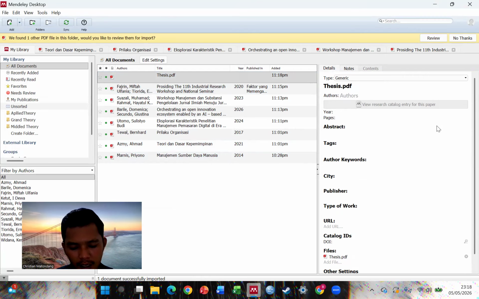There is one additional column that we must pay attention to here, which is the university field. Ensure that the original university name is written in full. Don't forget to also check the year and department fields if they are available. Having complete data is very important so that our citation looks credible and the source clearly shows which institution it belongs to.